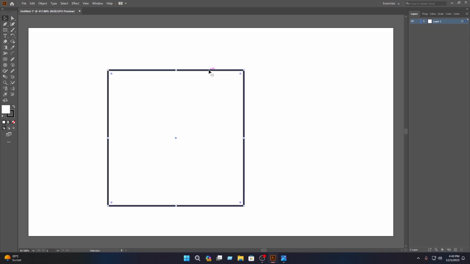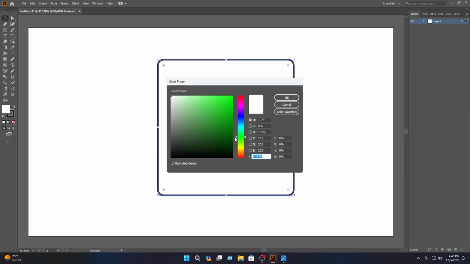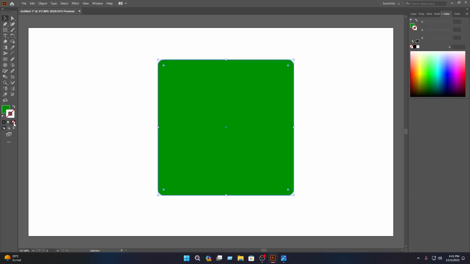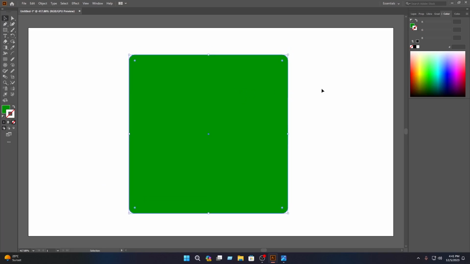then select this and drag this in here, then you have to select this and drag this in here, then you have to click on the fill, then select this color, then click on the stroke, then disable the stroke, then select the move tool, then select this and drag this in here, then press and hold shift key, then increase the size of this, then drag this in here, then